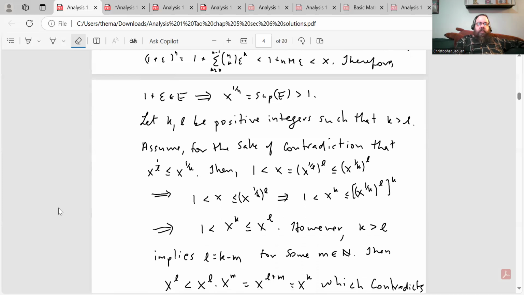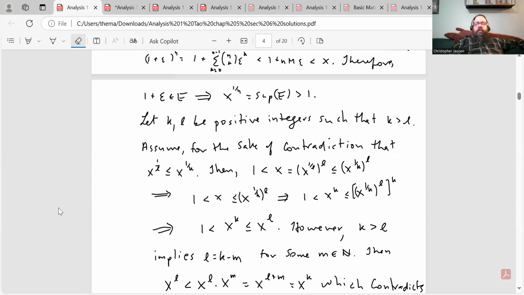Okay, and now we can prove the theorem. Let k, l be positive integers such that k is greater than l. Assume for the sake of contradiction that x to the 1 over l is less than or equal to x to the 1 over k. Then 1 less than x, which is equal to x to the 1 over l to the l, less than or equal to x to the 1 over k to the l. x to the 1 over l to the l is equal to x by part A and B, right? Implies 1 less than x less than or equal to x to the 1 over k to the l,